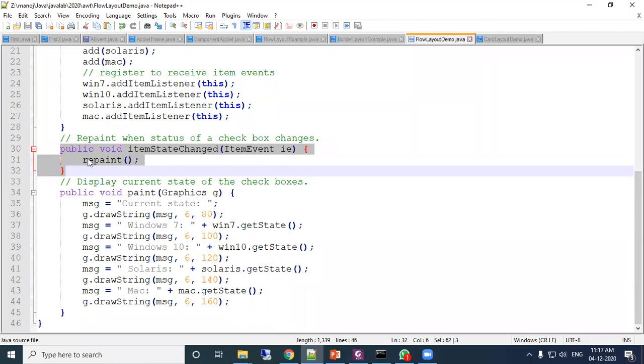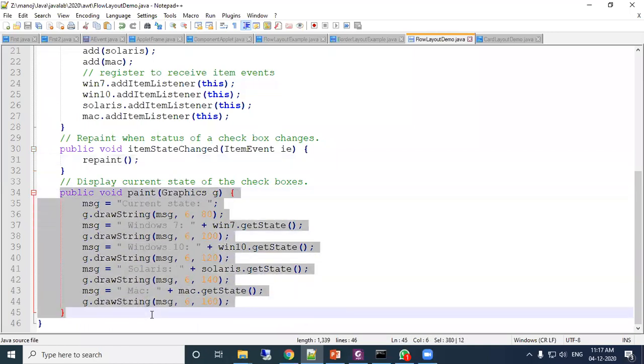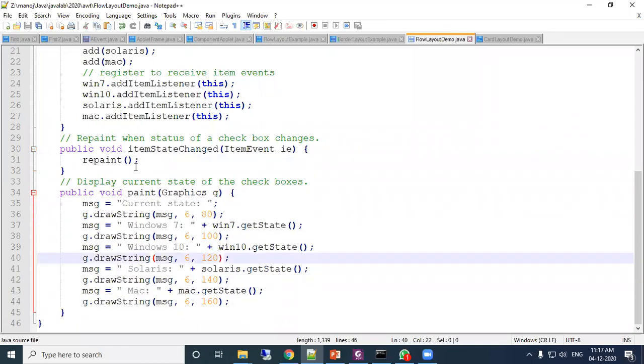Repaint means the screen will be repainted, that is, the paint method will be called again. Repaint is the statement which calls the paint method defined here. This paint method will be called again whenever any state changes. Inside the paint method, the Graphics parameter is received.